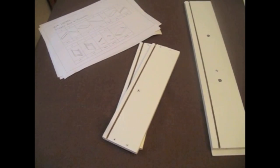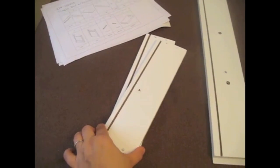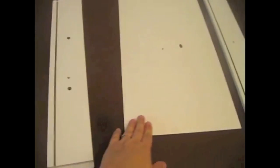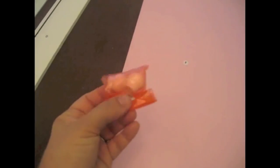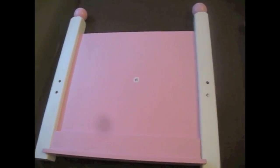Let's make sure we have all our pieces. We should have the directions, 2 piece A's, 1 B, 1 large flat C, that's the bottom of the bed. We have a long D, which is one of the sides. We have a package of 2 knobs, which are E, a flat F, 2 G's, 1 side, which is H,